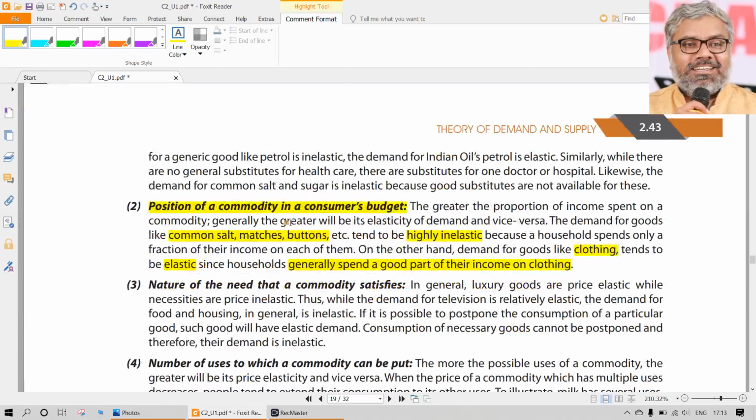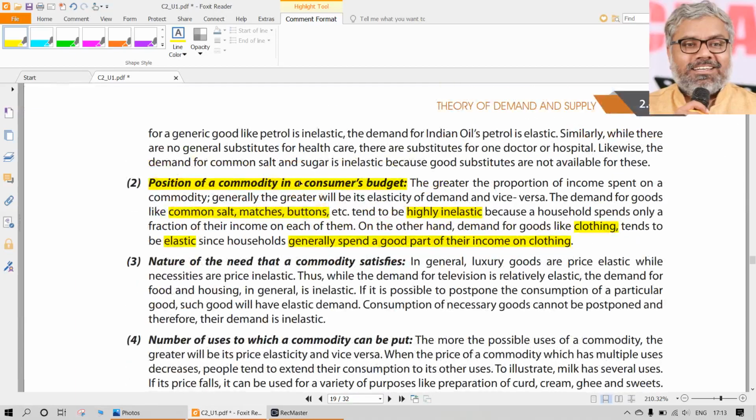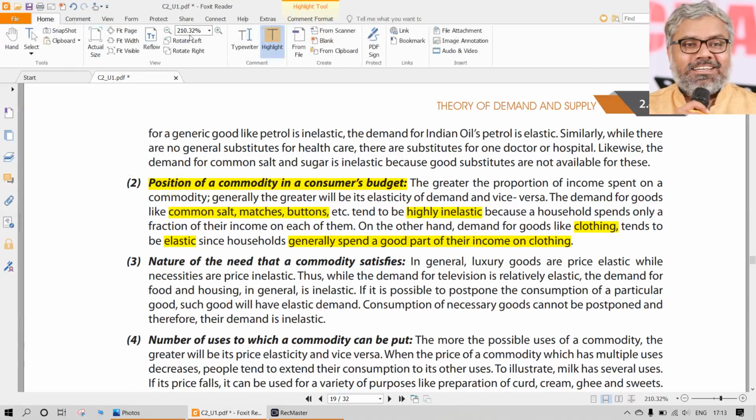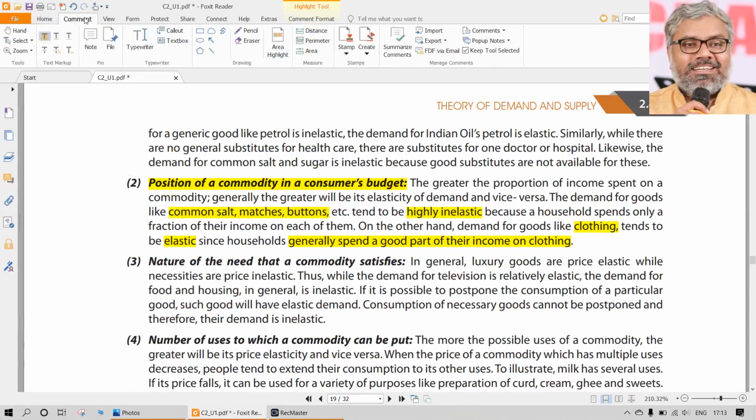Another example can also be taken nowadays, particularly the construction sector, housing. Housing will not have more demand when the prices are high. Housing will have more demand only when the prices are relatively low, and most importantly, the interest rates for the housing loans are low. Then only the demand for housing will increase.